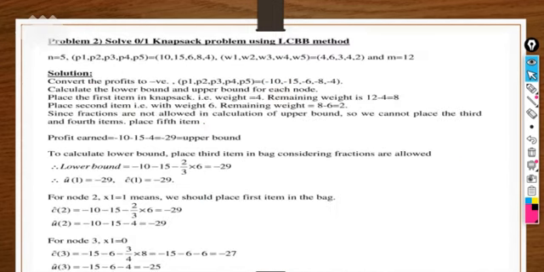Okay, so next, this is another problem that you can solve by yourself. This is a practice problem in front of you. You can take a screenshot of this problem, try it yourself and cross-check. Profits and weights are given, and you have to draw the state space tree diagram with the help of the formulation. For the lower bound we take the fraction, but for the upper we will not take the fraction. So you have to eliminate with the lower and upper cost values, and you have to consider